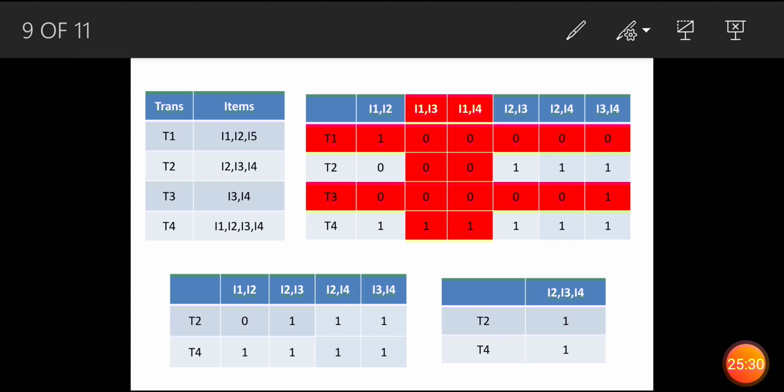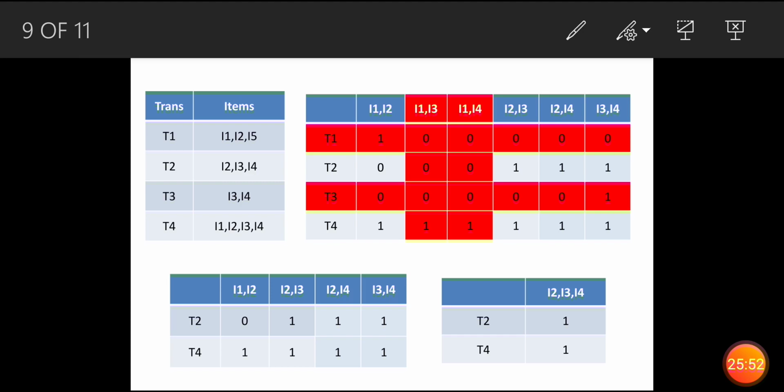The same way I1 I3 is not present in T2, so we marked 0. Each and every time we verify the placing of the item sets in transactions against the base table. With this we framed this table.